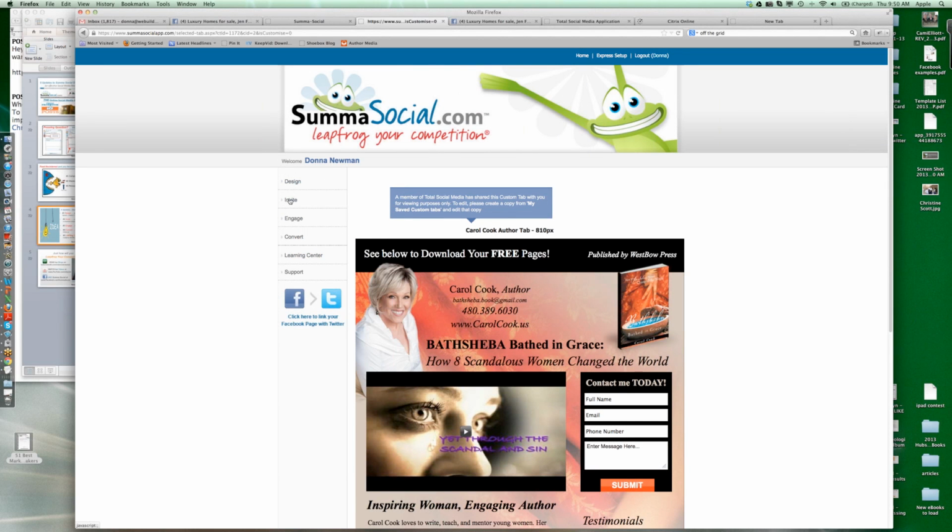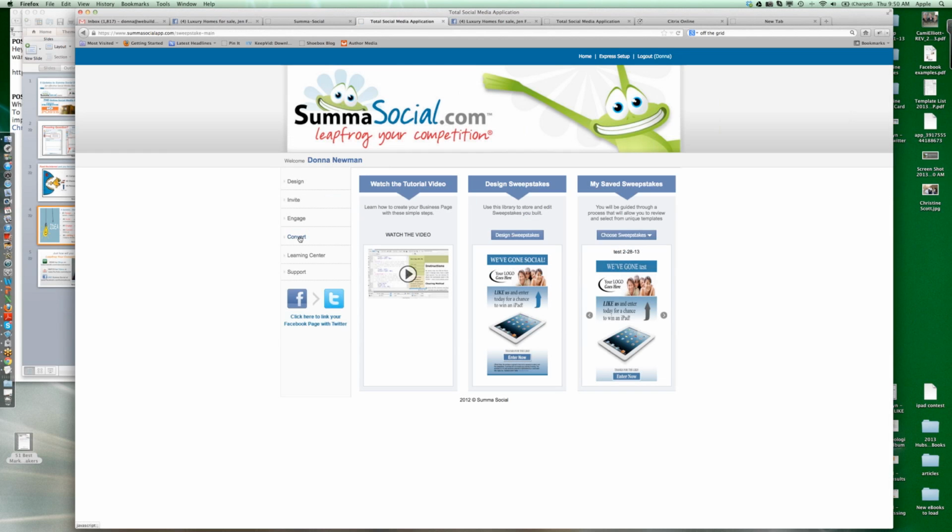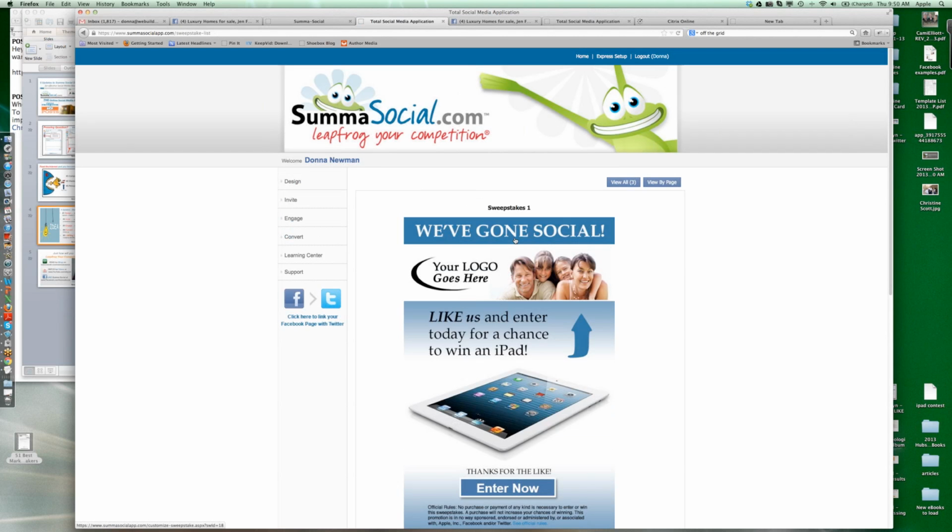Then the second area that we're going to go into, which is pretty exciting, is Invite. We've always had a sweepstakes available for you that was more of a universal product. However, the customized sweepstakes is pretty exciting because there's so many localized efforts that we're being underserved by just having a universal sweepstakes. So here, if you go into this middle section, Design Sweepstakes, you go ahead and you can